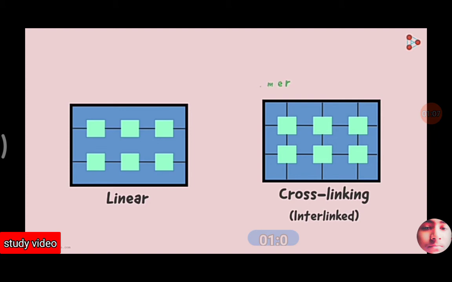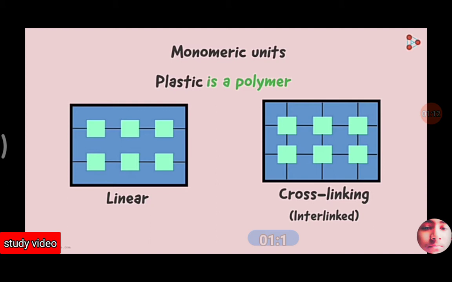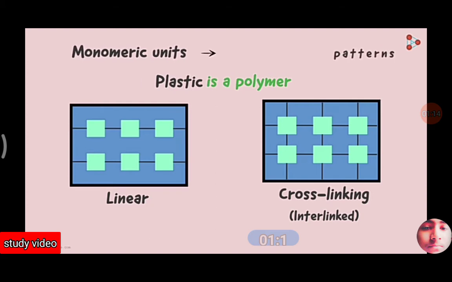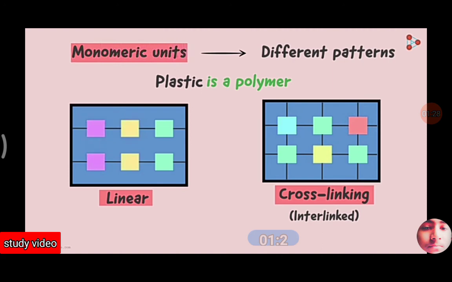We know that plastic is a polymer. Now the various monomeric units in the different plastics are arranged in different patterns. And what would these patterns be? Yes, they are either linearly arranged or they are arranged in a cross-linked manner. Not only the arrangement, but even the difference in monomeric units that make up the polymer is responsible for giving us the various forms. However, plastics are usually classified in two major categories.